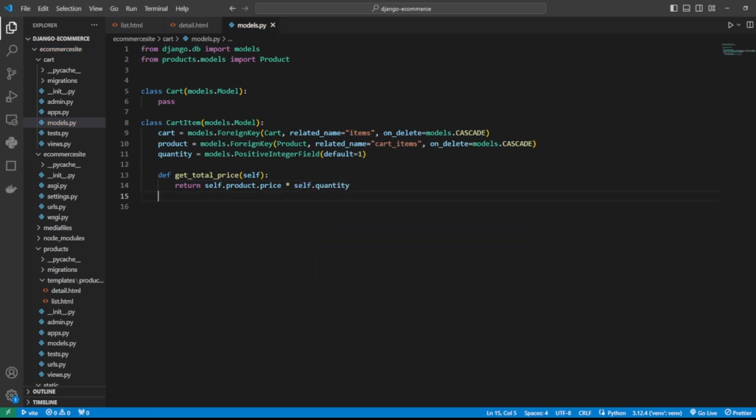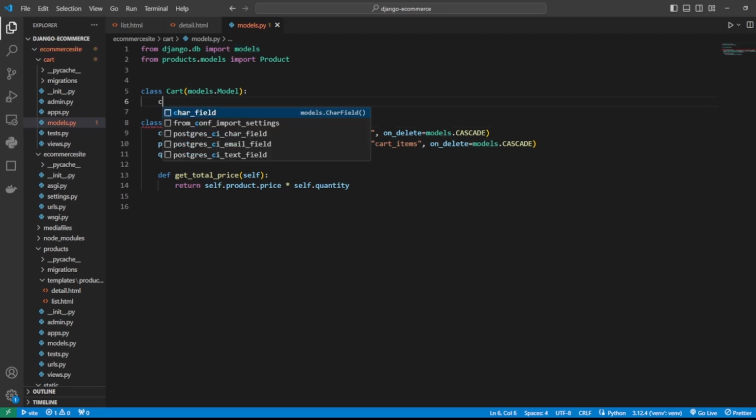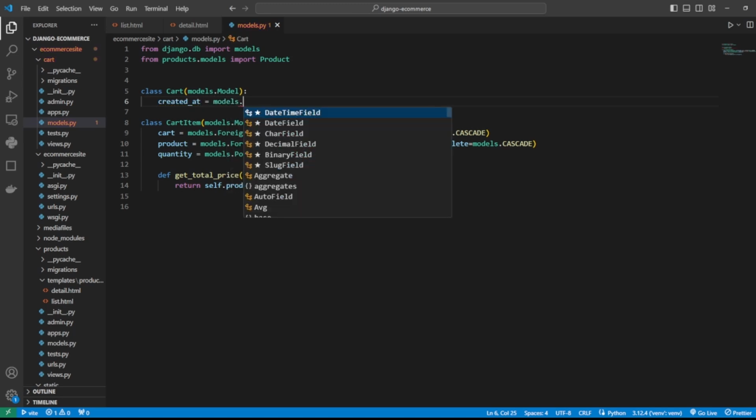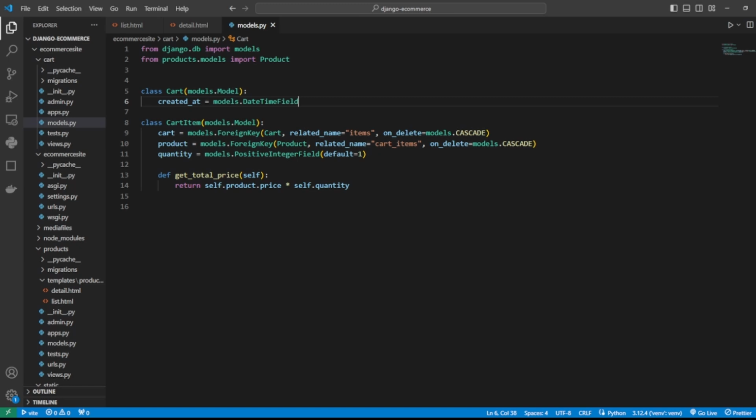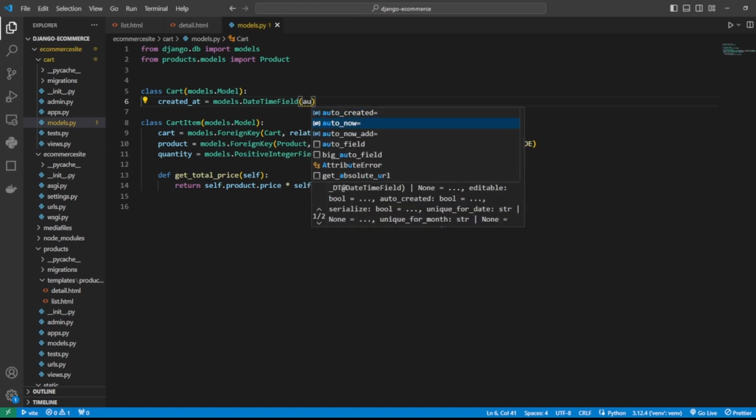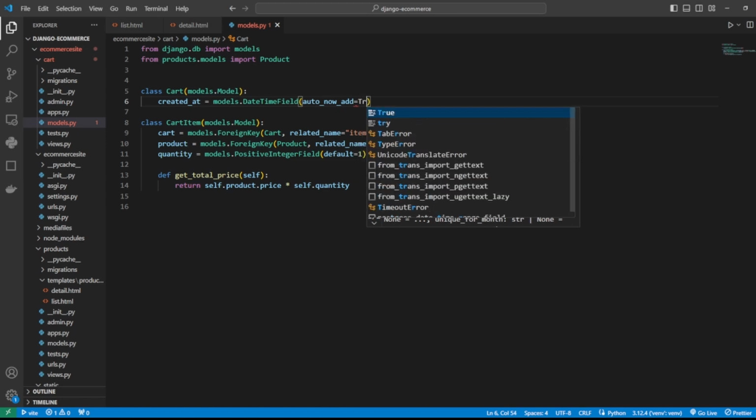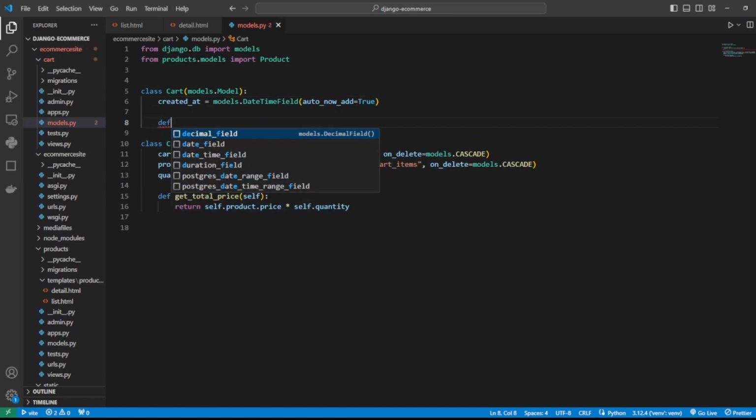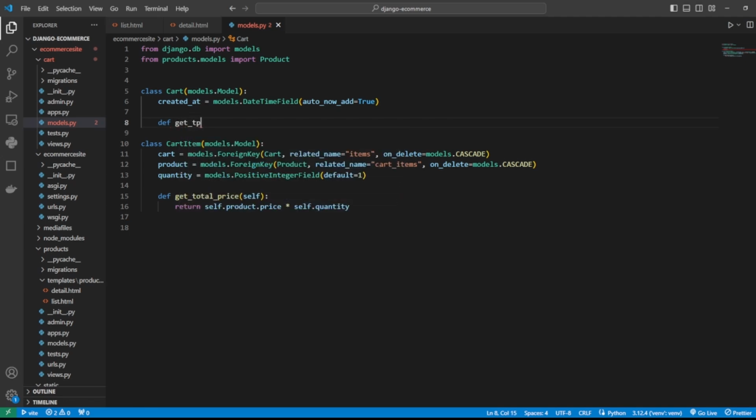Okay, now that we've defined our cart item class, let's continue defining our cart class. Let's add a created at field so we can track when our cart was created. So let's set it to a datetime field, and let's add auto now add and set it to true. Okay, now the next thing I would like to define is a method to get the total price of the